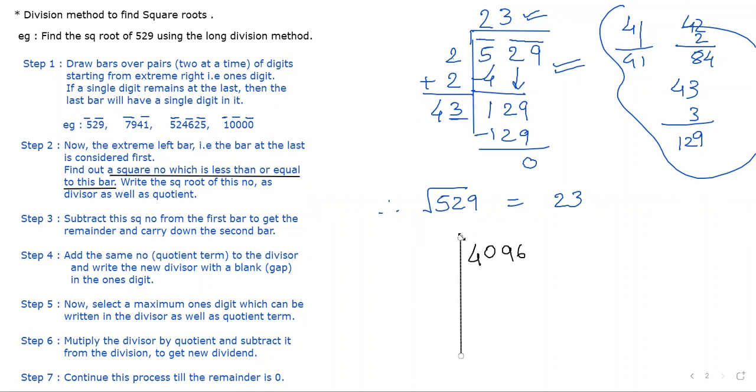Sir, we have to first group 69 and 04. Okay, chalo, so we are grouping this and this. Now which is the first bar? 40. Square less than 40 is 36, that is 6 6s are 36. Correct. We take 6 6s are 36 because 7 7s are 49. Subtract. Remainder is 4. Carry down, take 9.